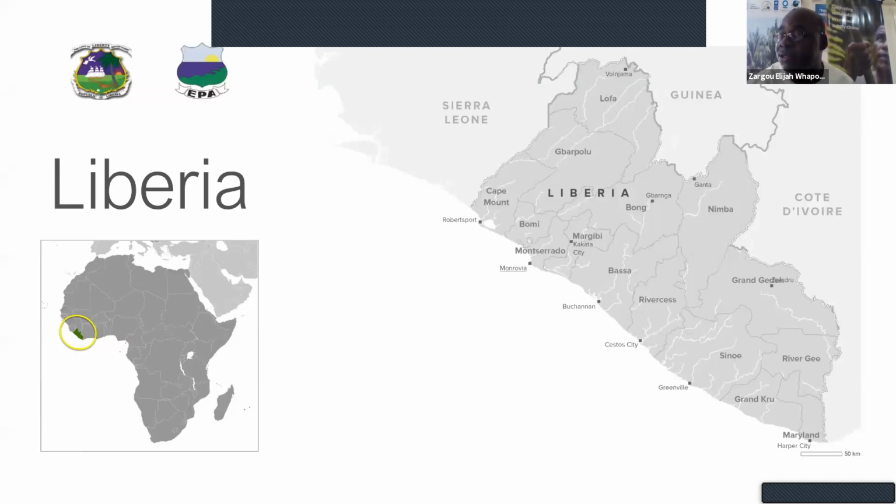So Liberia is a country on the west coast of Africa. It has an area of 111,369 square kilometers. Liberia hosts some of the best West African large intact forests and one of the continent's best remaining habitats for threatened species such as the western chimpanzee, the forest elephant, and the pygmy hippo. Liberia is also less densely populated. So it makes Liberia a very unique country when it comes to conservation, unparalleled to any country in the sub-region